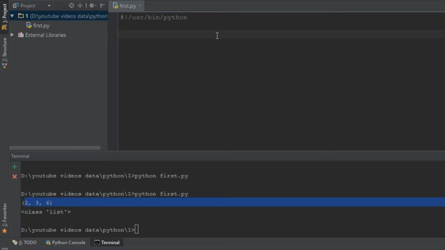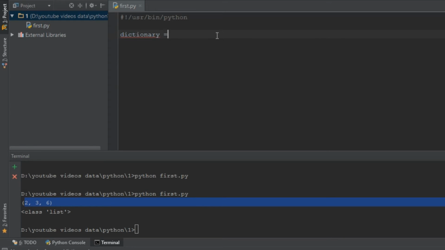So now let's talk about dictionaries. Dictionaries are just like tuples or lists, but there's a different way of defining the values inside it or accessing the values from the dictionary. So let's do it. I want to define a